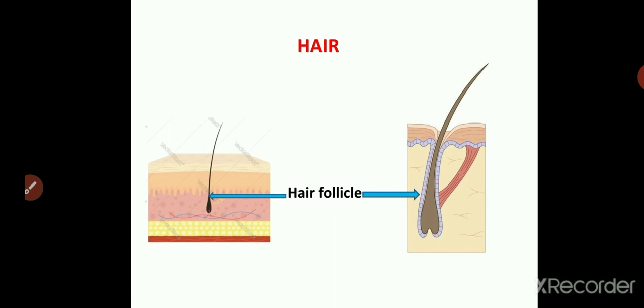Shortly before the birth, the fetus is covered with a coat of very soft fine hair. And a few months after the birth, these hair are replaced by new growth of coarse hair, that is rough hair. And the presence of hair follicles is extremely important in the repair of damaged epidermis. So the hair plays a major role.